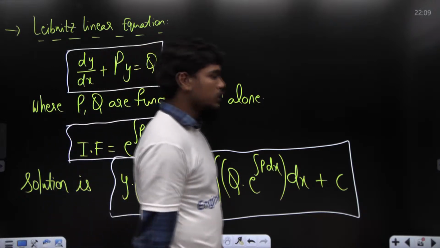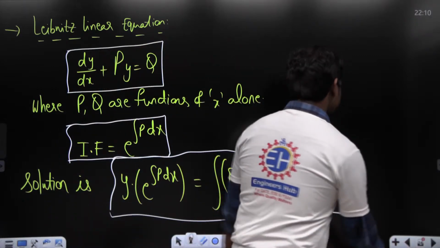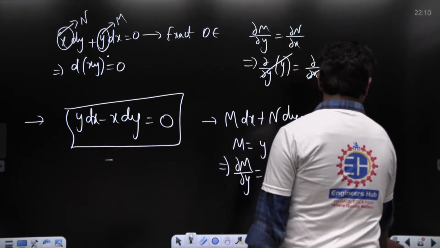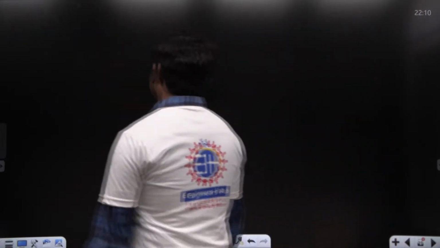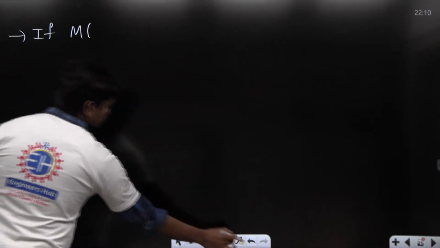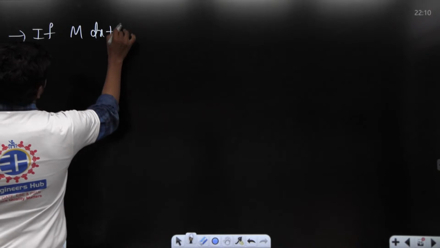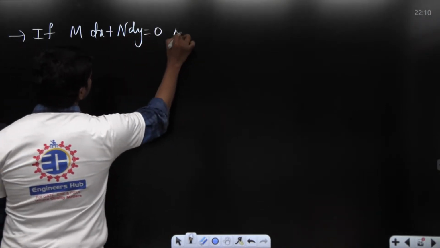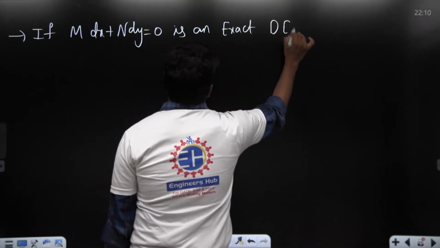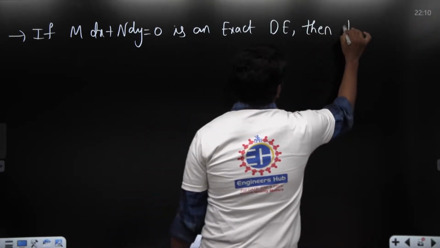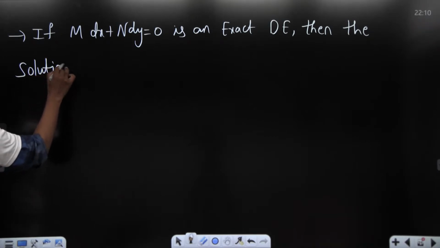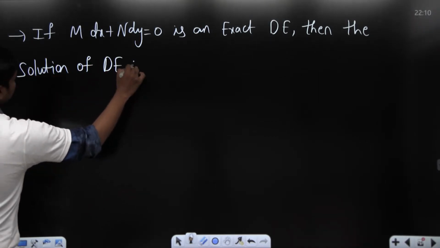Okay. And one more thing I forgot to tell you actually, let me tell this point somewhere here. Yeah, we talked about exact differential equations at this moment. So if m dx plus n dy is equal to 0 is an exact differential equation, then the solution of the differential equation is given by, directly you can write,